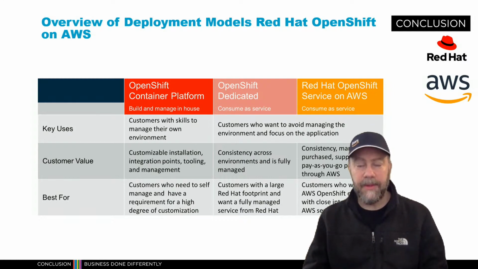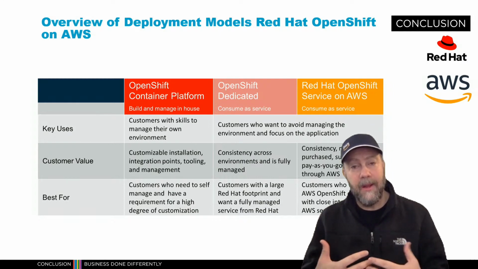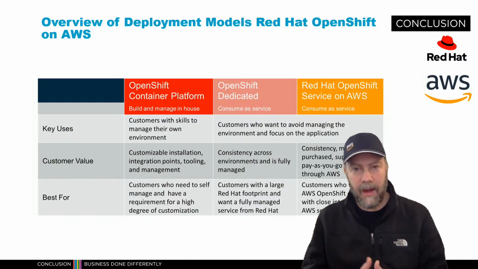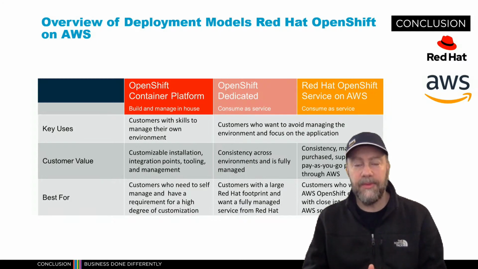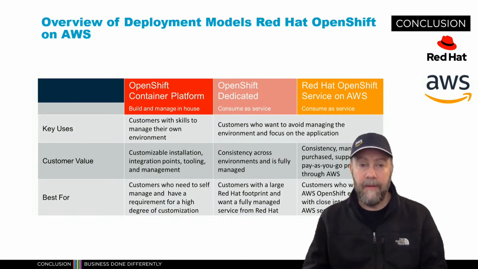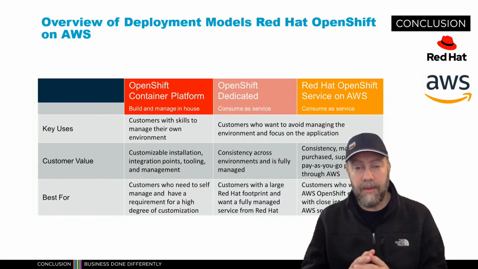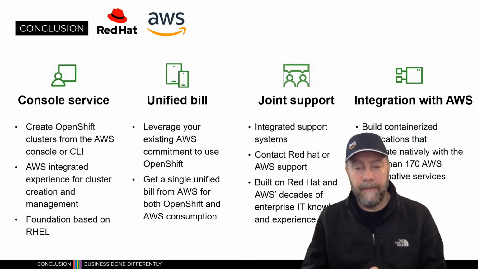And customers were really coming to Red Hat and to AWS saying, we would like a more cloudy option for running OpenShift on AWS. We really want to get started real quick, and we would also like more flexibility. And that's why we introduced ROSA. And we're very excited for this option because we believe it's the easiest, best, and most cost-effective way of running OpenShift on AWS. So the following reasons are, I think, the more salient points for ROSA.